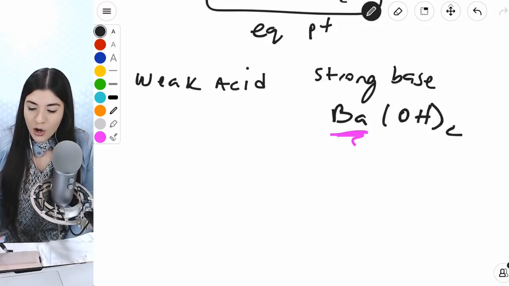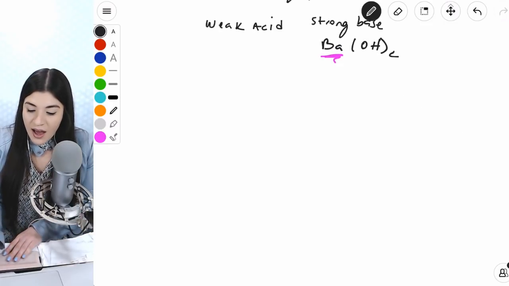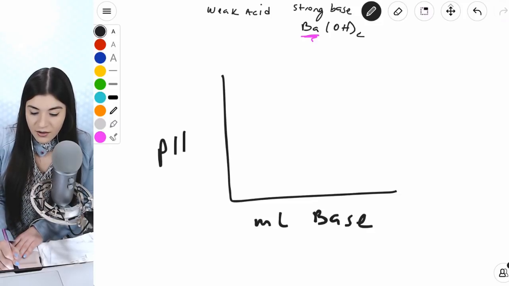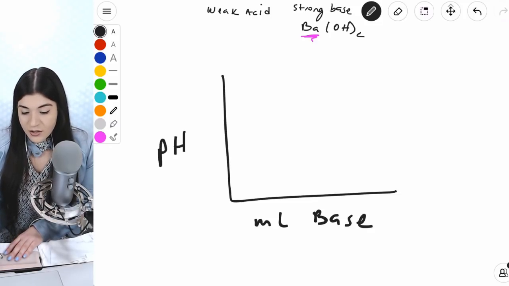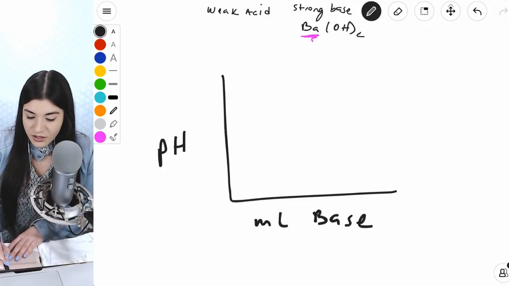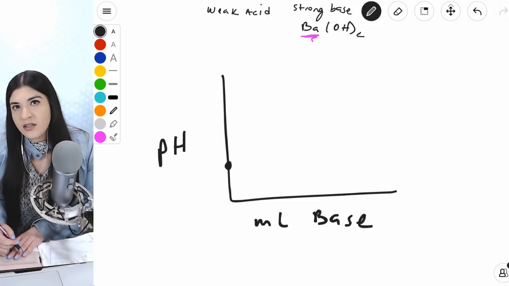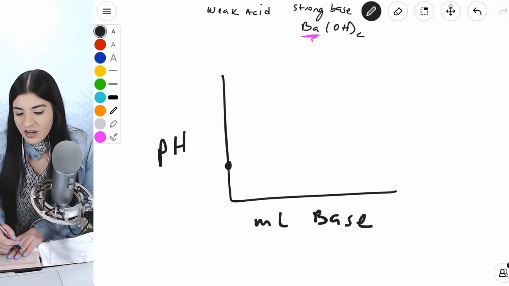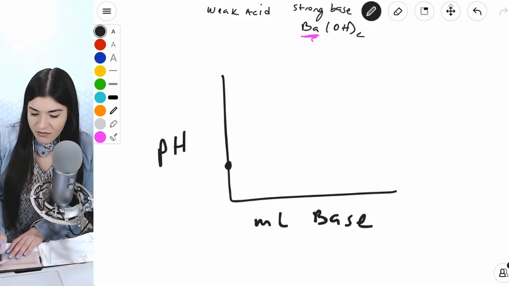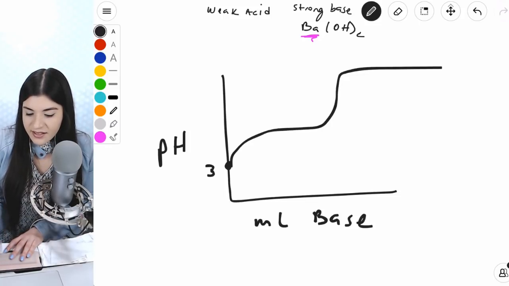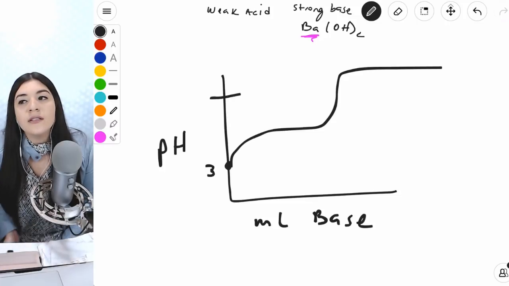And then since this is a strong base with a weak acid, how this curve is going to look is here we're going to have the milliliters of our base, okay? And then on the other side, or on the y-axis, we'll have the pH. So essentially what your curve is going to look like is we're going to start at not too low of a pH just because it's a weak acid. So it's not going to start off at like 0 or 1. It could start off at like 3. And then from here, it's going to look something like that,